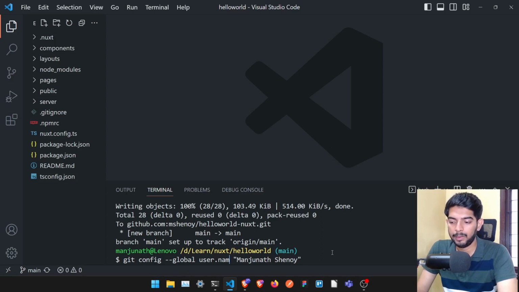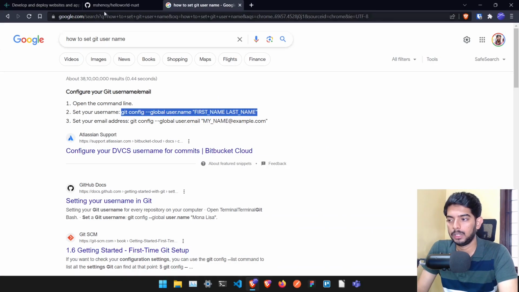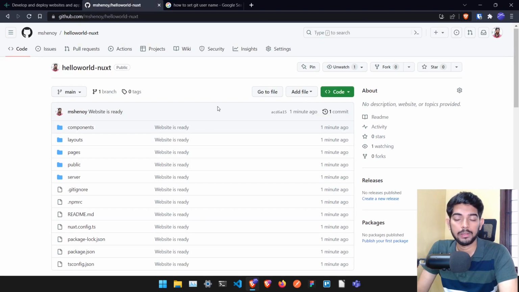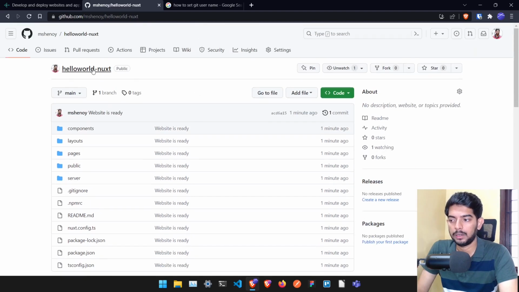Then once the name is set, you can set the email, whatever email address you have. Just set it to something like at gmail.com. Once that's done, when you copy and paste that command, it will ask you for the password. Once you enter your GitHub password, you will be able to see the project being deployed